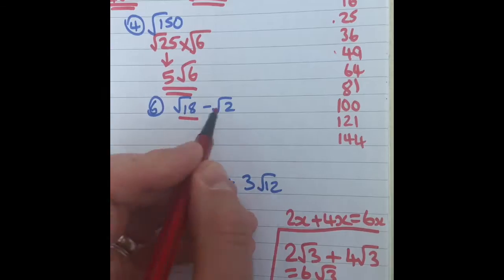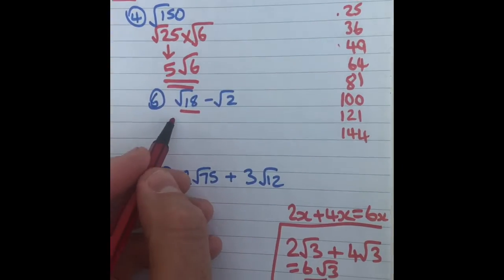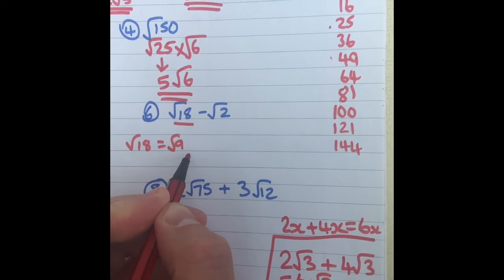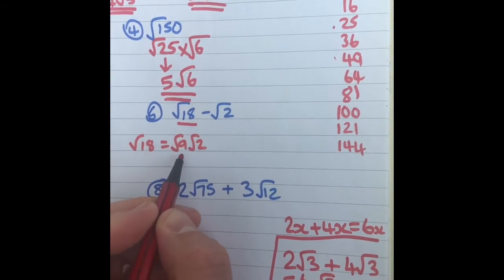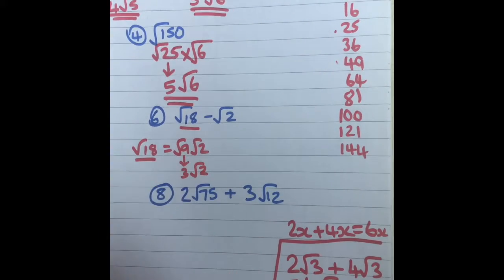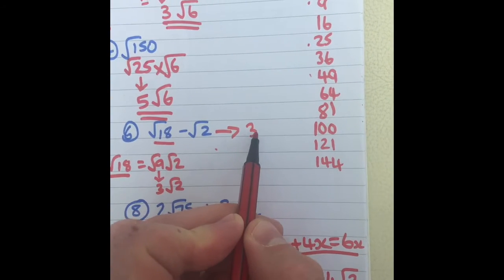So root 18, do the same thing on here. What goes in 9 does. So root 18 is root 9 times root 2. And we know that root 9 is 3, so it's 3 root 2. So I can replace root 18 now. That becomes 3 root 2